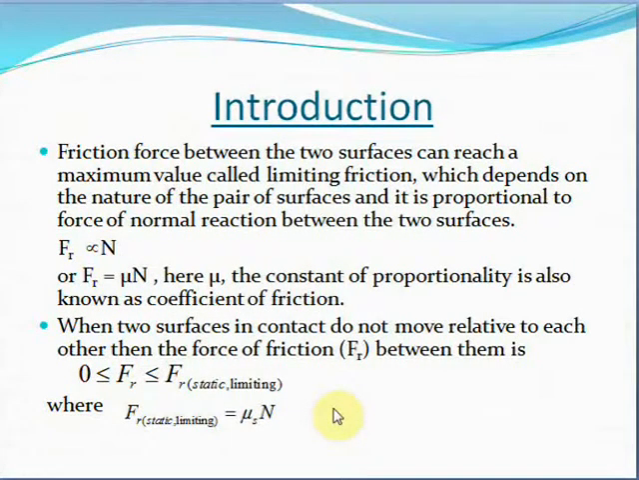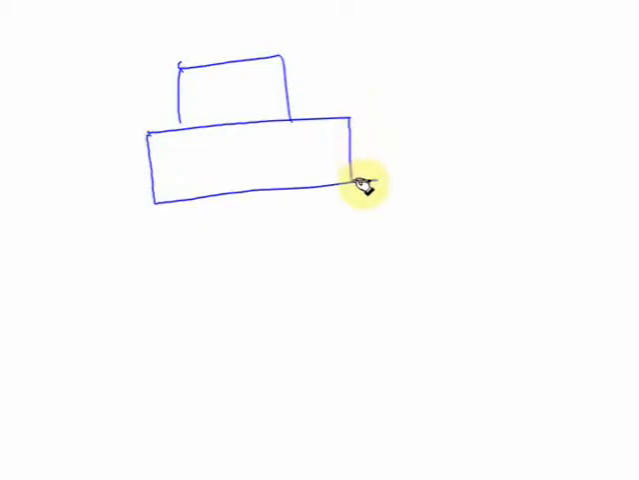between the two surfaces. So suppose we have two surfaces, let's say block A and block B. So say this is block A and this is block B. Now the value of friction force which is acting on these two blocks will be proportional to the normal force acting on these two blocks. So since these two blocks are in contact, the normal force acting on block A will be perpendicular to the surface, that is in this direction,